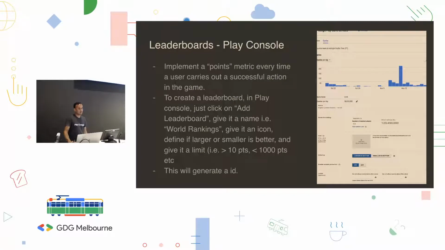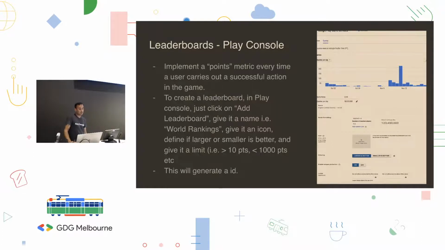We went into this briefly before. So in the game, as the user is progressing, you want to have a comparison metric. It doesn't always have to be in descending order. So for example, if you're playing a golf game, I have to look this up, I have played golf before, but the number of strokes you have in golf should be less than everyone else to be able to win, I think. Or like in a racing game where you've got laps, the amount of time you spend doing a lap should be the lowest.